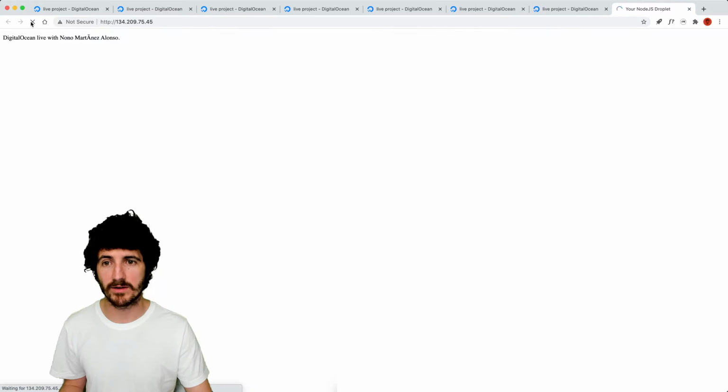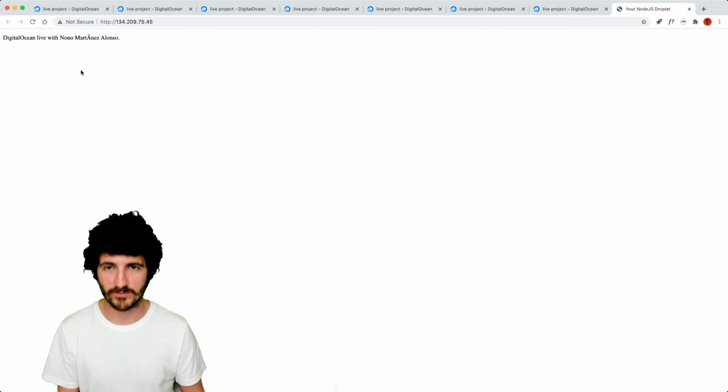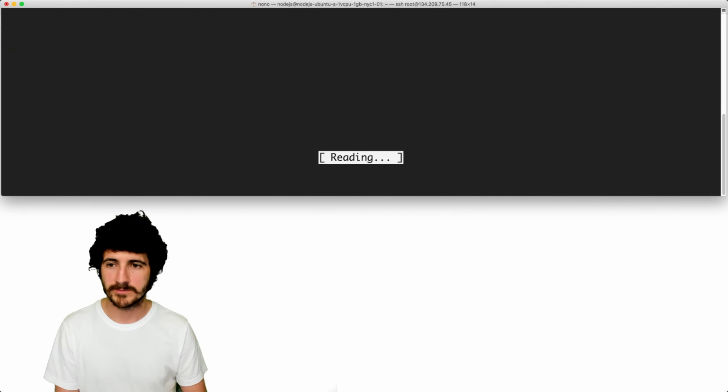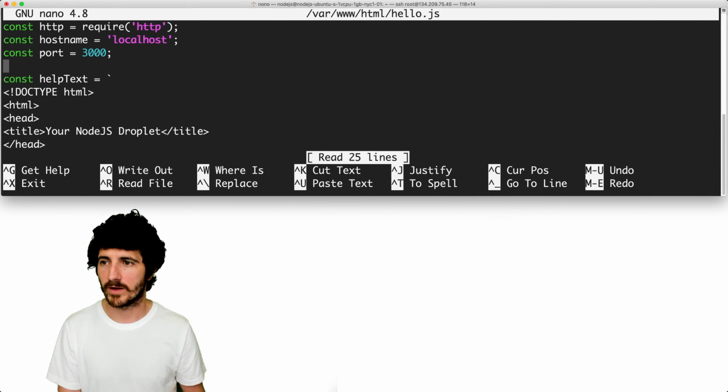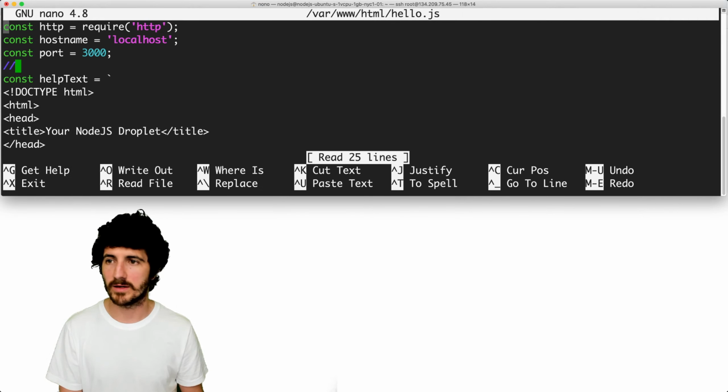So if we refresh now, you can see that this is not encoded as UTF-8, so that's why this gets weird. But we've changed the code in there, so we could change it again. So in the HTML hello file, not sure if I can edit here, if I add something like this. Yeah, it lets me, I probably own the file.